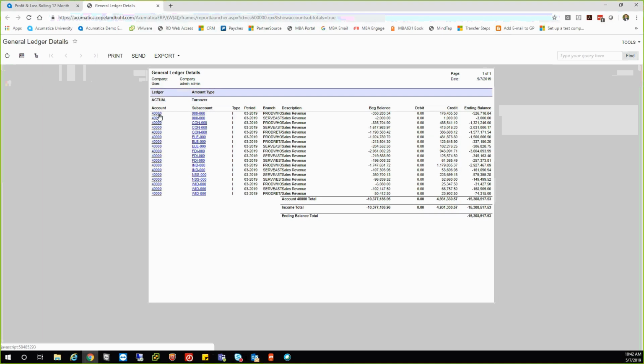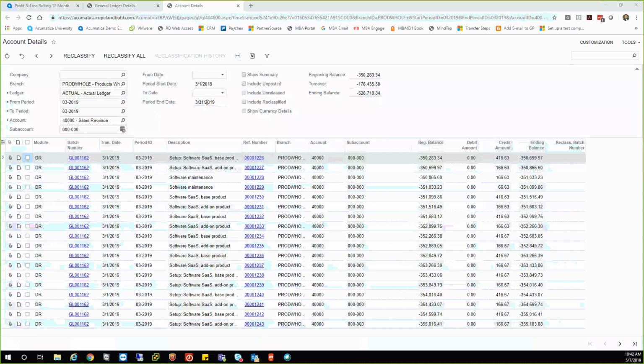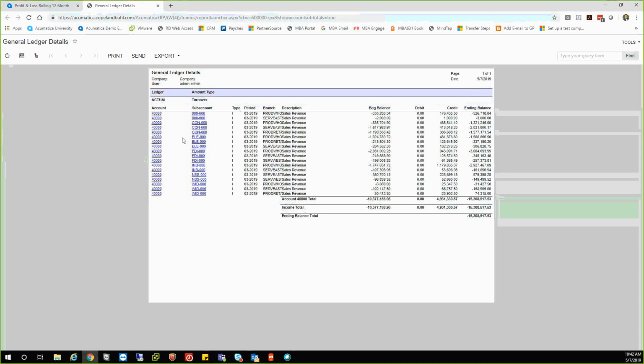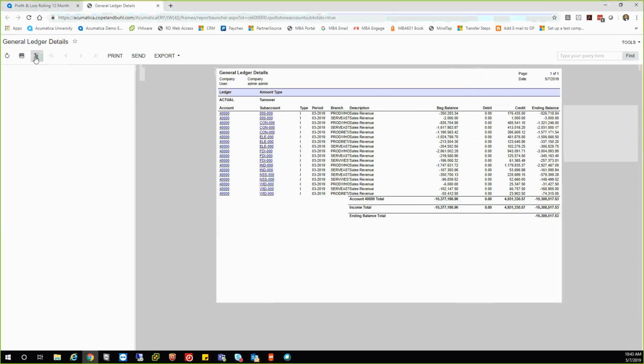I could access individual accounts or sub-accounts, and I can even see the batches individually that are affecting or making up that balance in that account. So again, not only drill down functionality, but the ability to drill completely down all the way to the transaction level. In financial statements like this, there's also this little groups button here